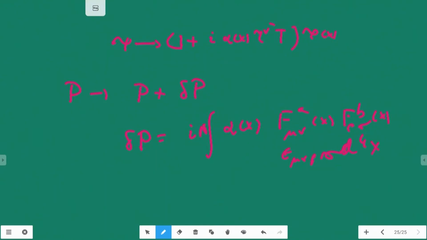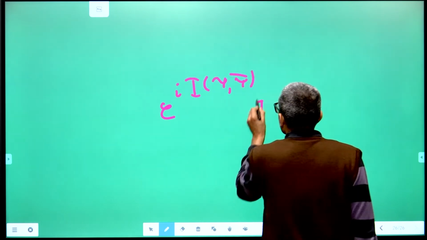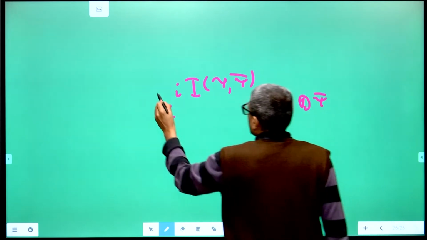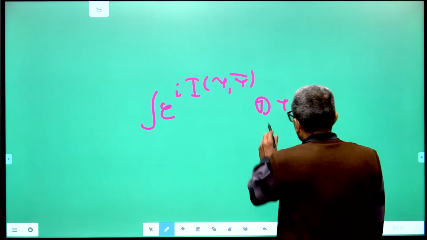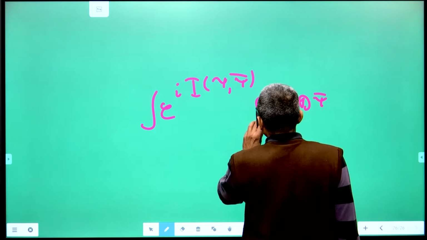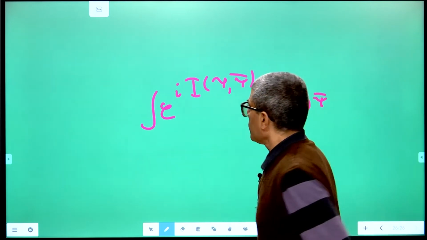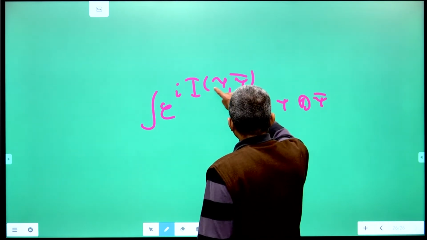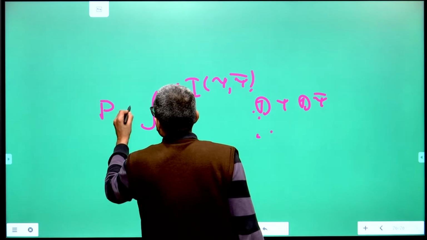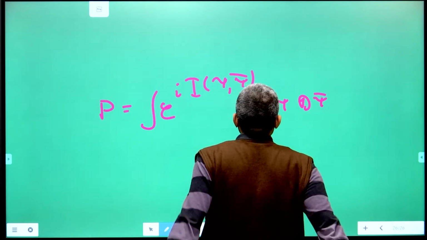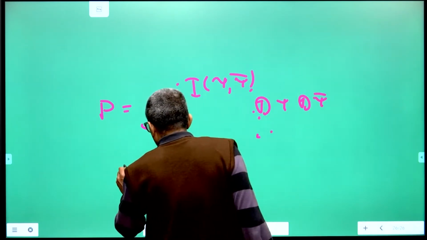How do you interpret this anomaly? It is very simple. Suppose you look at the path integral, the integral of d psi d psi bar e to the I times the action. Because there is a change in this path measure, described by the quantity which I just wrote down, and since the entire path integral has to be invariant under any change of variables, the only way out is that the action integral must change by the negative of the amount by which the path measure changes. In other words, for this path integral to remain invariant under the chiral gauge transformation, it must follow that